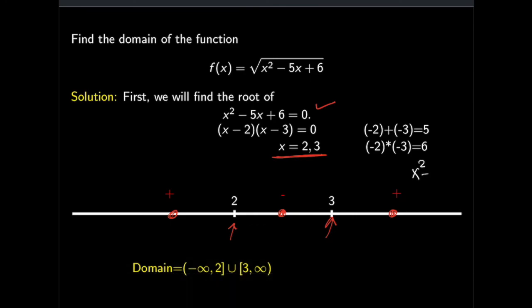x squared minus 5x plus 6. And then I get a positive. If I pick any value on this side, this expression is positive. If I pick a value between 2 and 3, it is going to be negative. And if I pick any value more than 3, it is going to be positive. So we are only going to pick the positive intervals: minus infinity to 2 is positive, and 3 to infinity is positive. Therefore, the domain of this function is these two intervals,